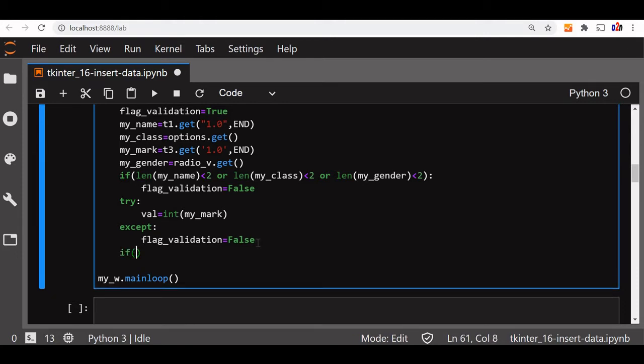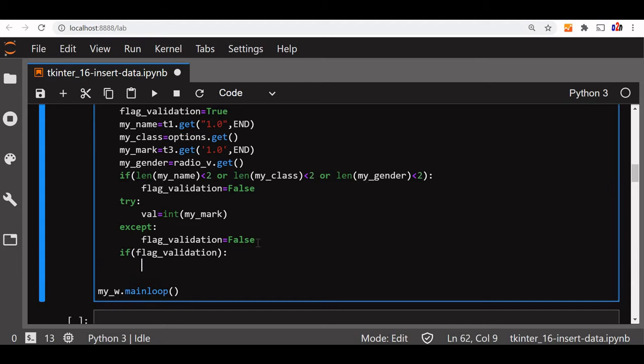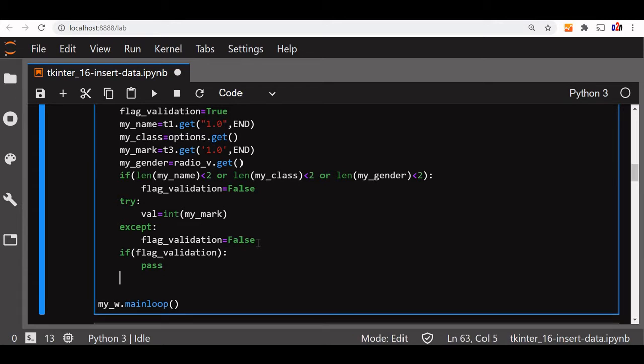Yeah, if flag validation, because it's a boolean, is true, then right now we'll say pass. Why we are telling here is that our input commands to MySQL will go. Now if it is not, which means the validation has failed, then we'll say else.